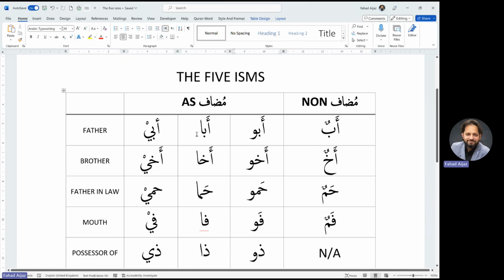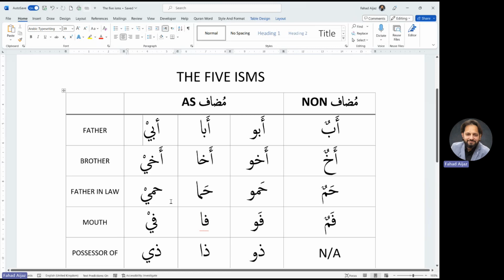Instead of fatha going light in aban, it is going to become aba. And instead of kasra, abin removing a kasra, it is going to take a ya, like abi. And the same principle applies across all of these. Famun we saw was a little bit of an exception where it also lost its meem, and it turns out to be fu, fa, and fi.